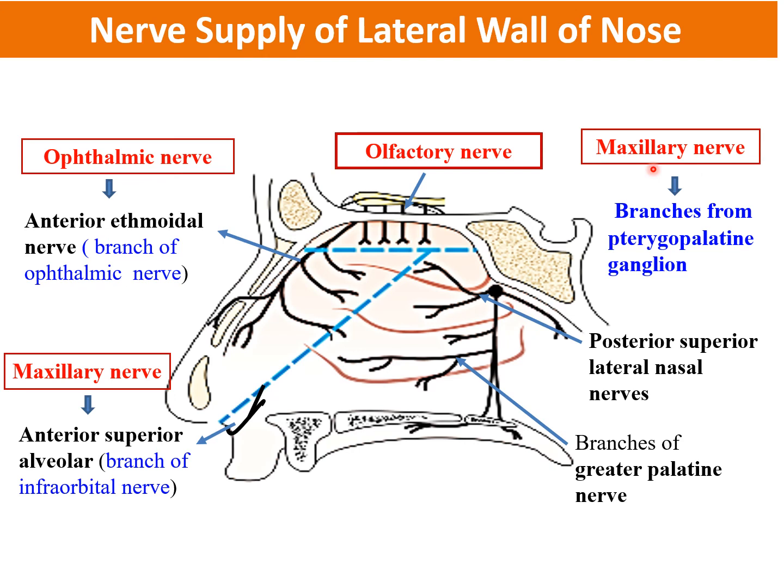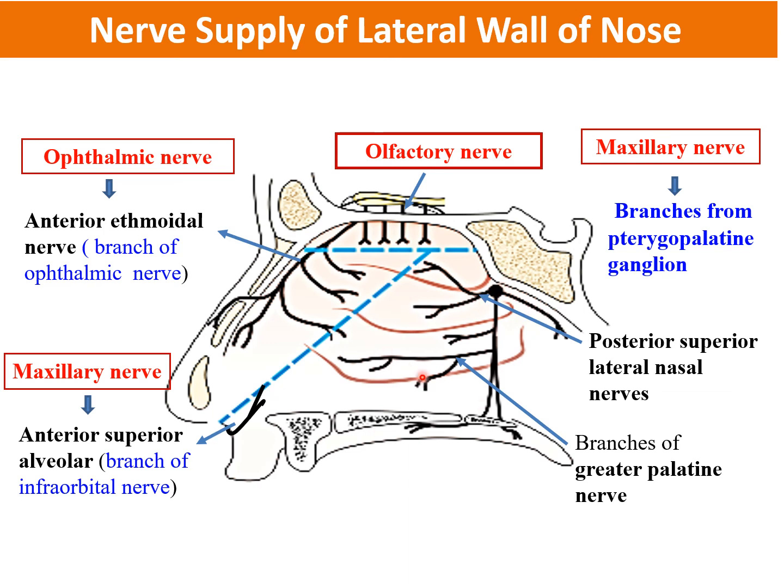The maxillary nerve can give direct branches also, or it can innervate via the branches of the pterygopalatine ganglion, right? So let us look at this. Now here you can see anterosuperiorly, the nerve which is supplying this region is the anterior ethmoidal nerve, and this is a branch of the ophthalmic nerve. You can be very sure that when the word ethmoidal comes, in the case of an artery it has to be a branch of the ophthalmic artery, and in the case of a nerve it has to be a branch of the ophthalmic nerve, right?